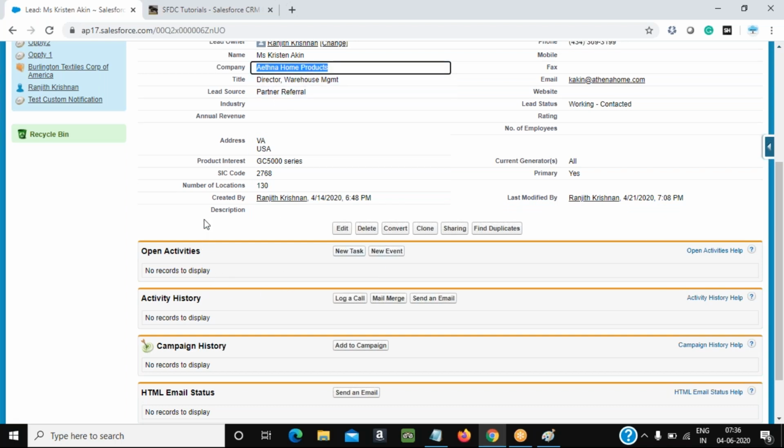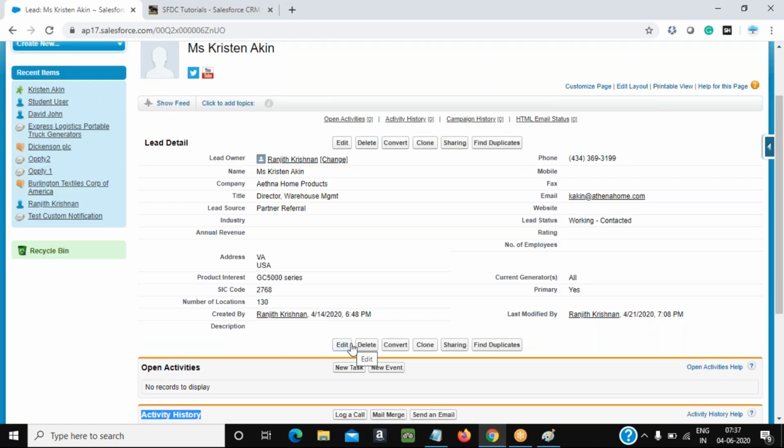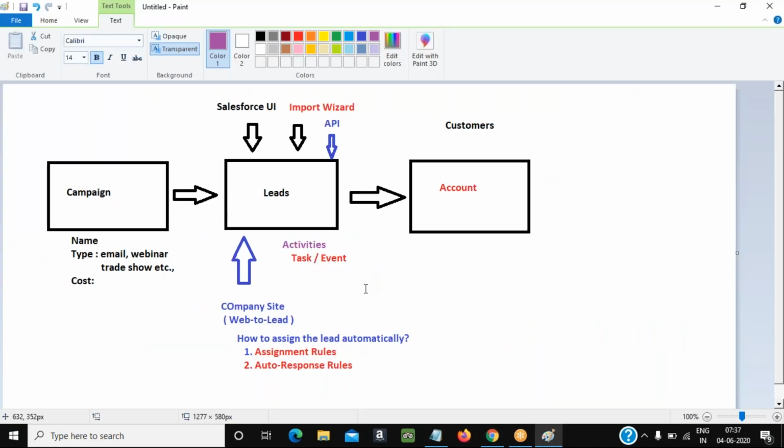So everything can be tracked below that particular record itself, right? So you'll have a history in place. Whatever activities are closed move to history. Okay, so like that you will track it. So the activity is helping you to track, and then this process is called conversion, which means you convert